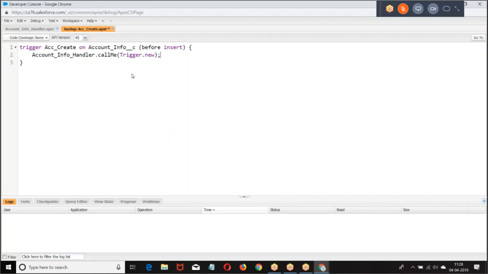This is how we do it. We are calling a class with a method and passing Trigger.new, invoking the method with the trigger context.